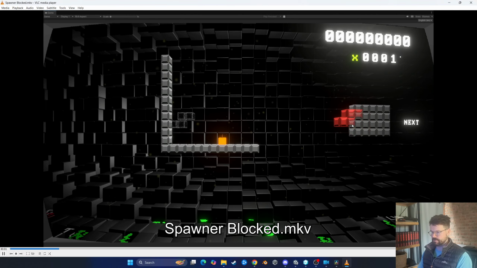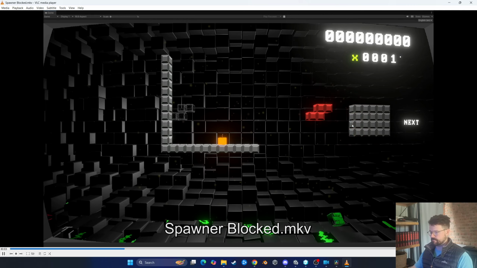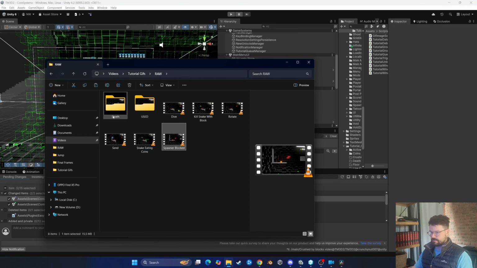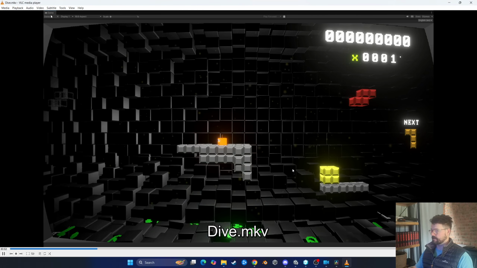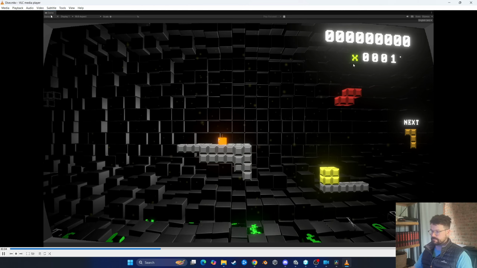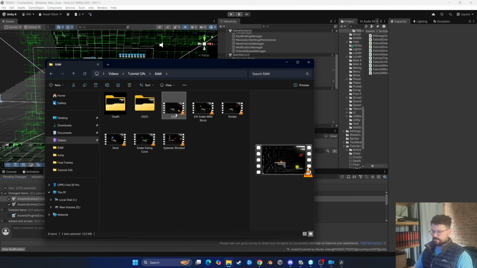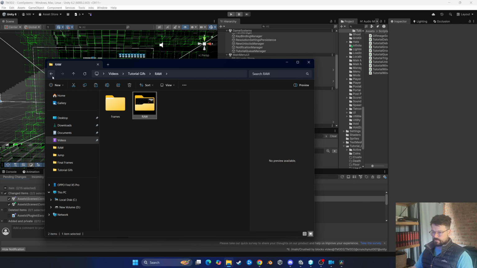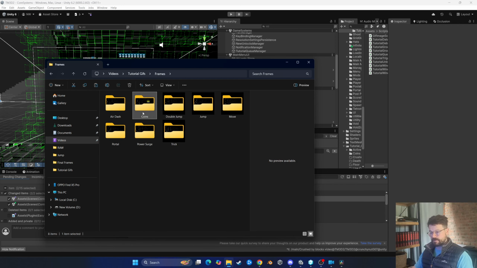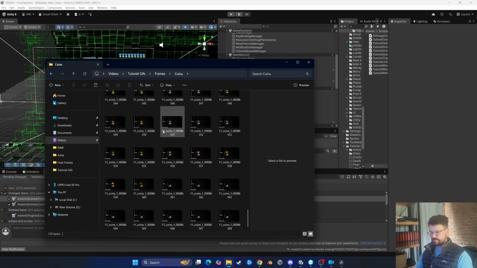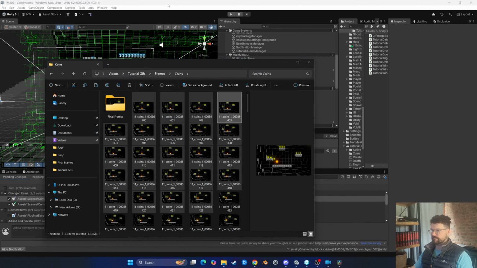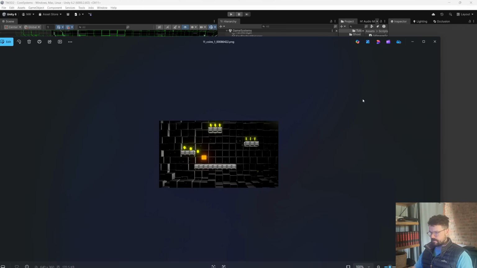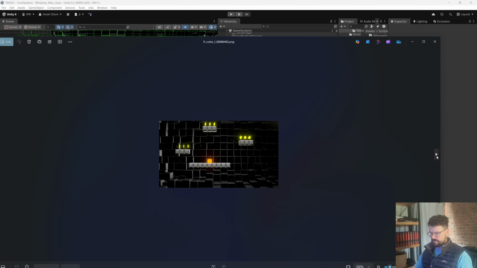So here's the spawner blocked one, showing the spawner being blocked. This in here is the dive one, so this is showing the dive functionality of the tiles. So that's the raw. When we output those, it outputs them as frames. So this will give us, for example, for the coin one, all of these frames, and then we can come through these frames and we can hand pick